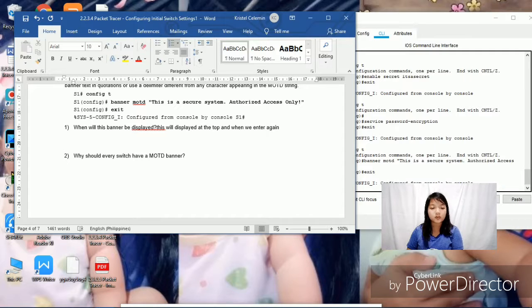Then why should every switch have an MOTD banner? So to warn